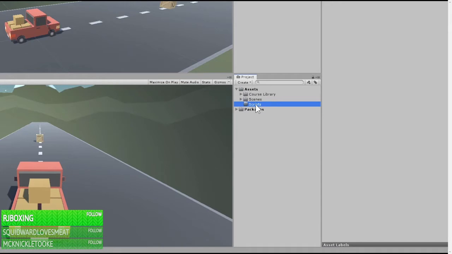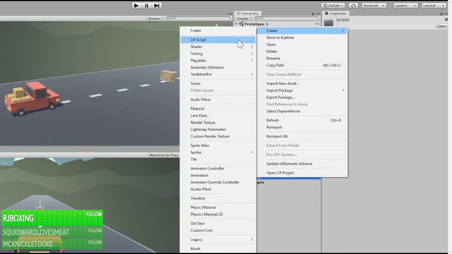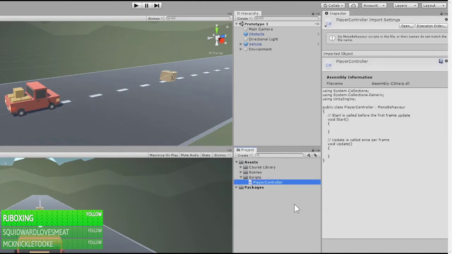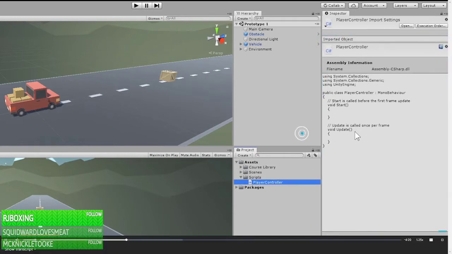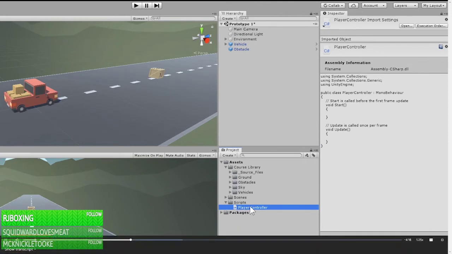Now, we're going to make sure it gets added to the scripts folder, so we right click over our scripts folder and we create a C# script. We're going to name this script PlayerController, capital P, Player, capital C, no spaces, Controller. Now, when we press enter, Unity will automatically create this script for us and we can actually preview it on the side. So you might be wondering to yourself, why did we capitalize the P and the C